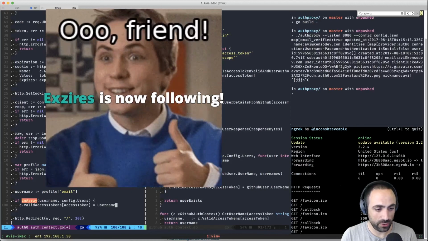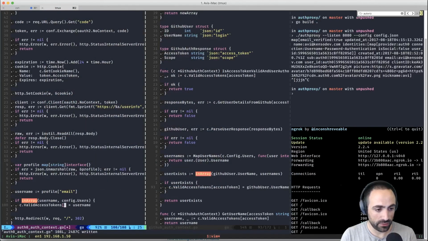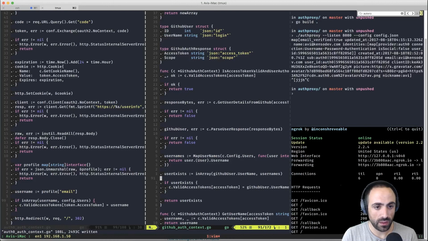So this is going to be username, and then this is going to be token.access token. Okay. And then this is going to be, oh, I see.